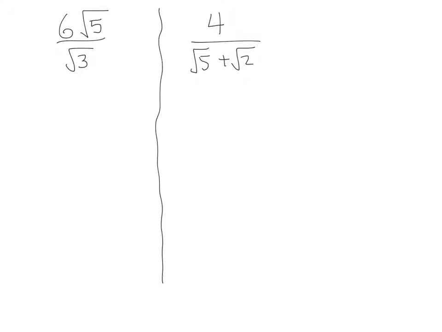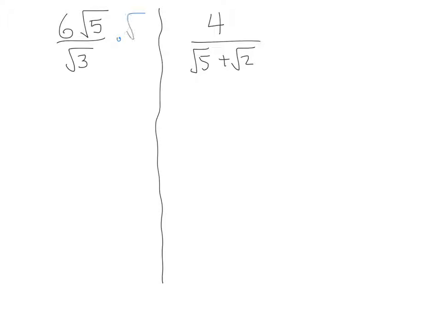So on this slide, what we're looking at is two fractions, and to simplify a fraction involving roots, you're not allowed to leave roots on the denominator. So in this first problem, all we're looking at is a fraction that we could cancel, except that things don't cancel. So it's pretty easy to clear the square root of 3 by multiplying both top and